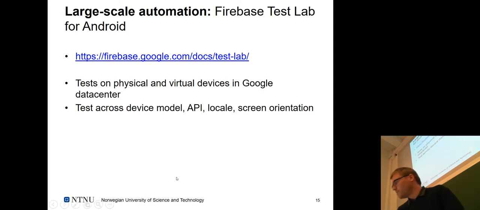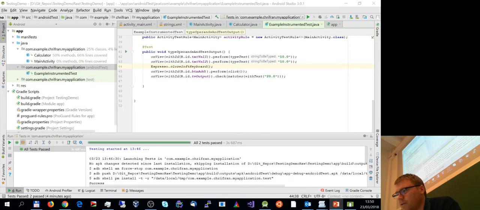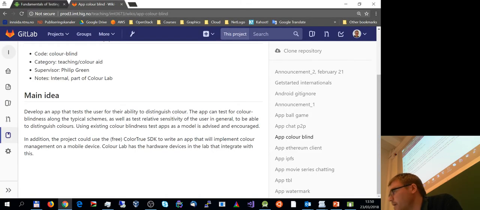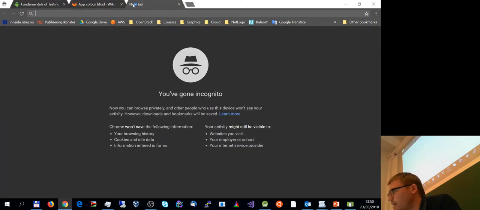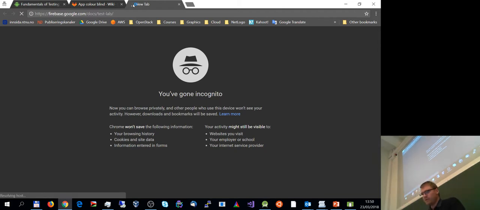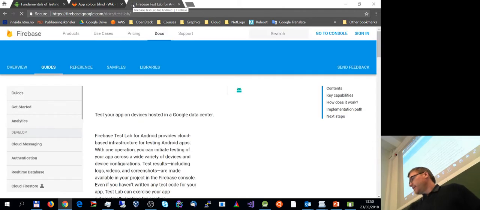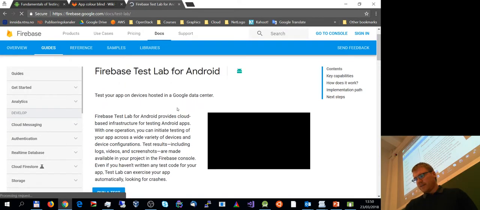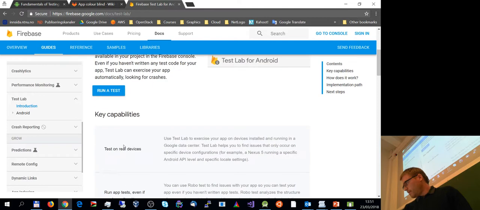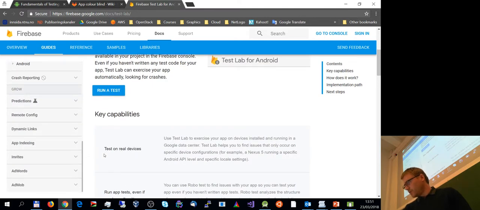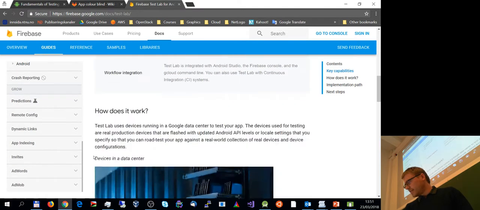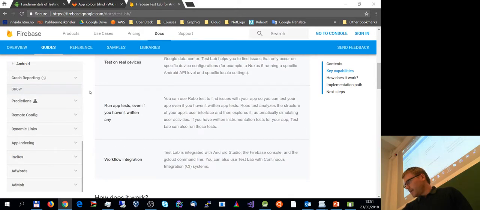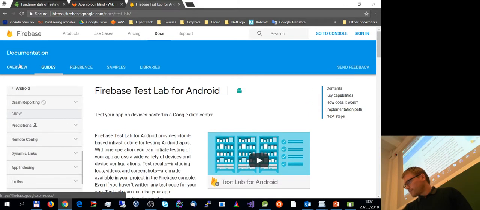Something I just wanted to point to, which is pretty cool that Google offers now, is the Firebase Test Lab for Android. I'll just bring up the UI. You can run your applications when you want to release them, or ideally before release, on actual physical devices, but you don't need to do it yourself. Instead, you just use their infrastructure to do it. So Android provides this test lab that allows you to